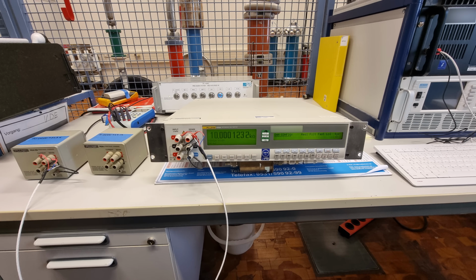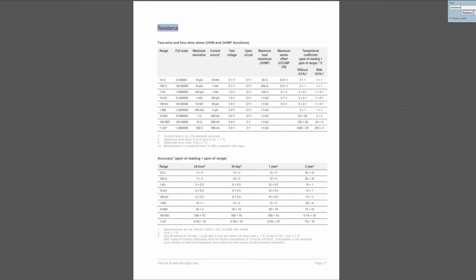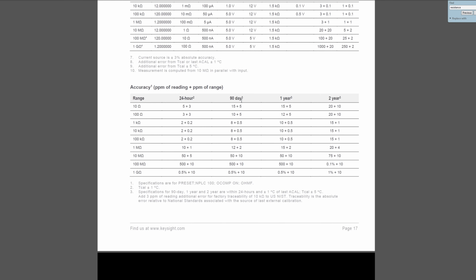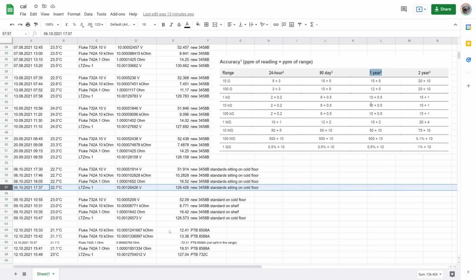And the results are absolutely delightful. Let me show you why. You see, the 3458A's accuracies are specified in intervals. The newer its calibration, the more accurate it is specified to be, of course. Mine was older than 90 days at that time, so it has to be at least as accurate as the 1 year specification. In the 10 kilo ohm range, it showed me readings that were between 2 and 5 ppm